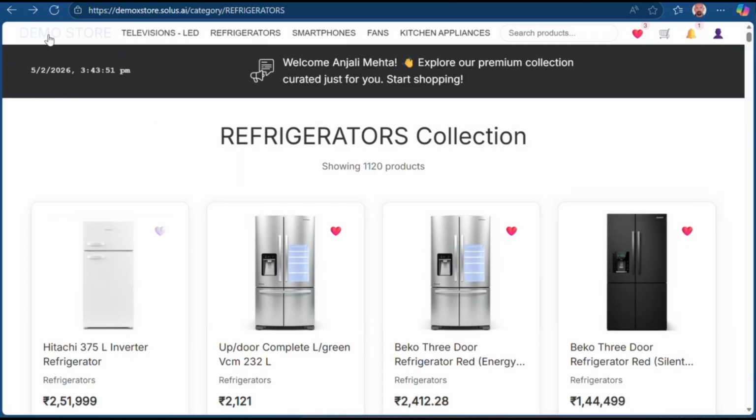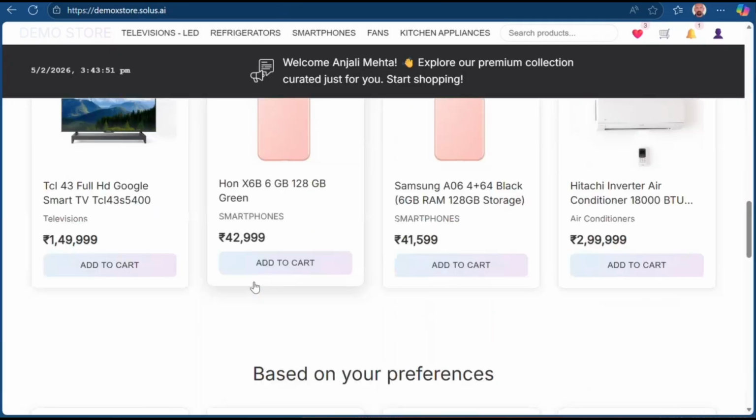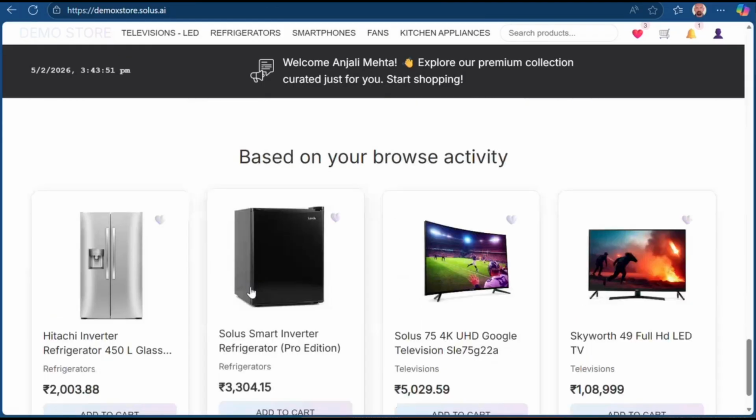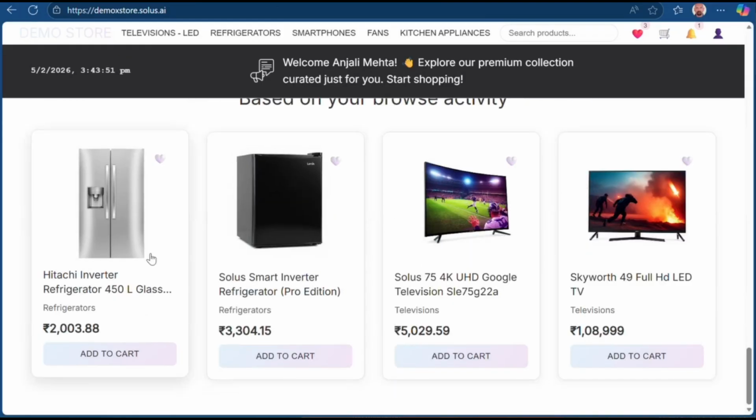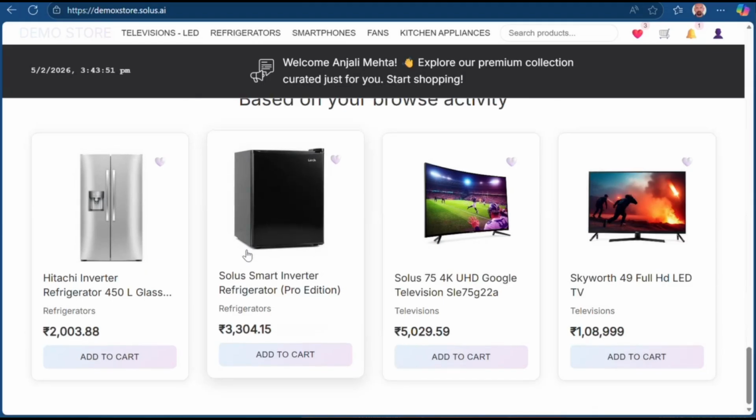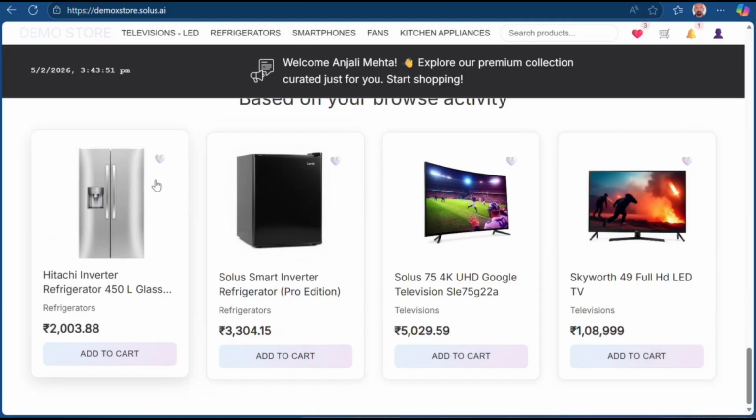And then let us say I go back and look at what is based on my browse activity. At this point, it ought to change a little bit to include refrigerators, because now I've given a signal that says, hey, people are doing this, right? So over time, you can learn. So this is something that needs to have real-time computation as well, but it doesn't mean that you compute everything in real time. You just need to be able to update your understanding of customers in real time.